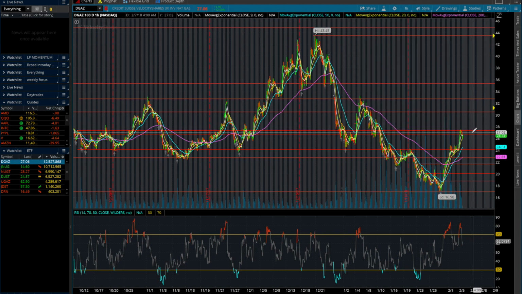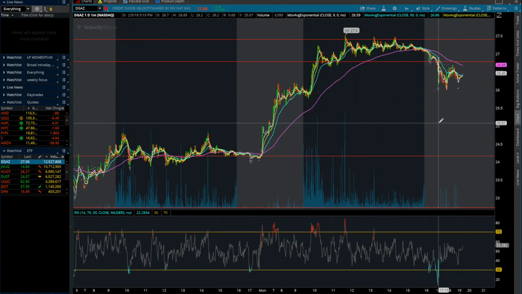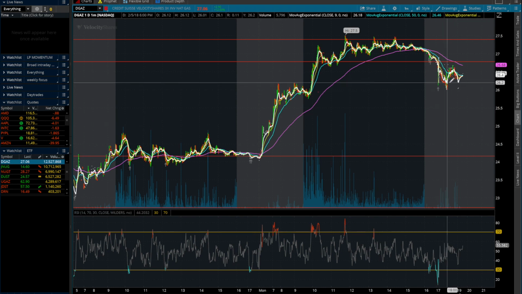Based on the chart pattern, something like DGAS still has room to run, around 60%. But for this, I would just set my alerts, and I wouldn't swing this unless I was sure that it would go up pre-market, based on news, chart patterns, and other due diligence that you would have to do on your own, or check our Discord. I'll try to put stuff like that in there and say I'm swinging it. But a lot of people do, and a lot of people see great profits from this. But basically the safest bet